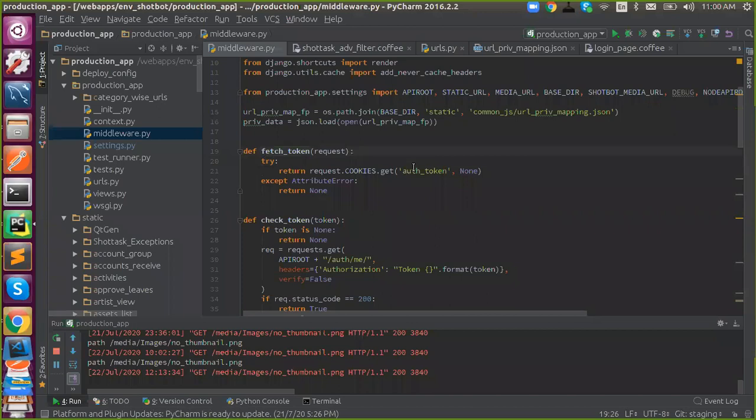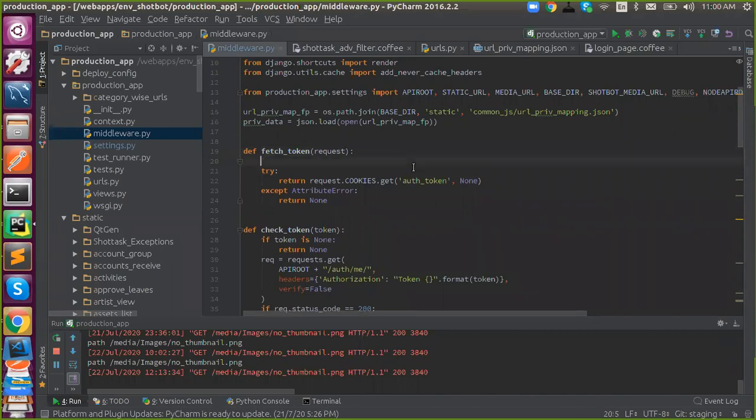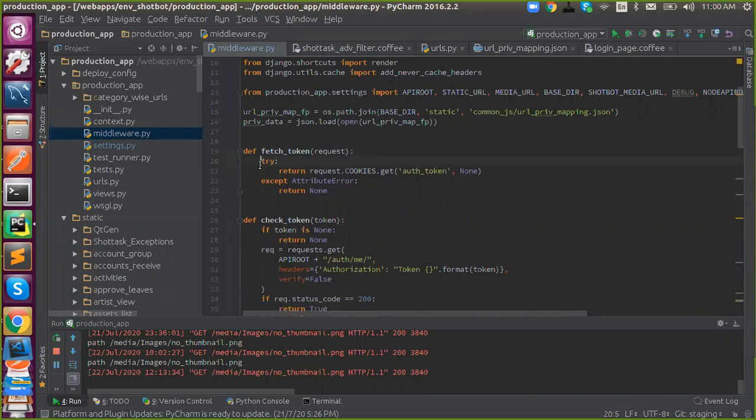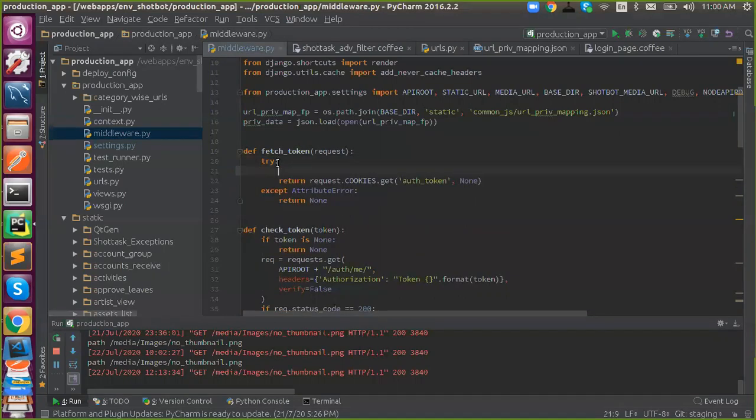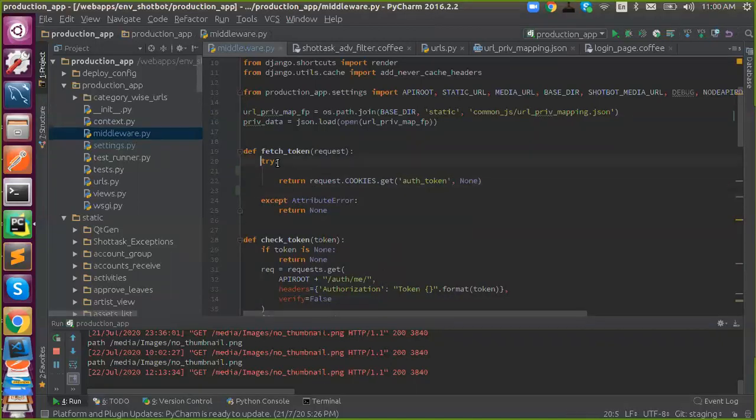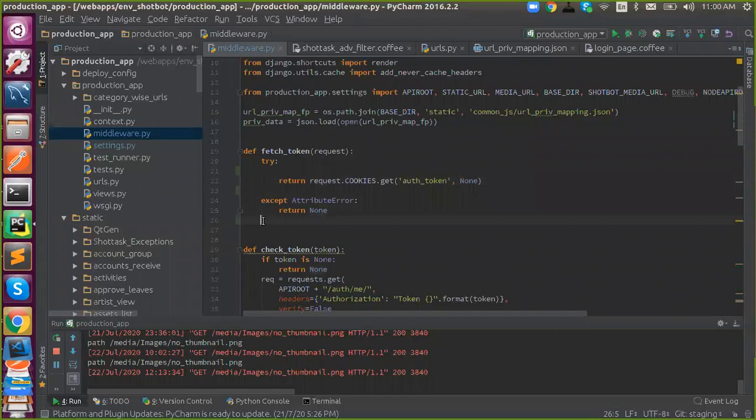Here, the block starts with a colon. Once you see a colon, the next line should be indented. You need to keep 4 spaces. And again, my immediate next line contains a colon again. Once you say colon, the next line should again be indented, with 4 spaces. Once you're done with that, this block terminated here, and I'm starting another block, that is except, again with the same colon. The next line again starts with indent. Once I'm done with it, it moves on to here, and once done, I fall back to here.